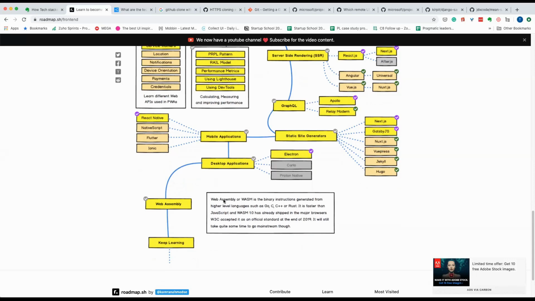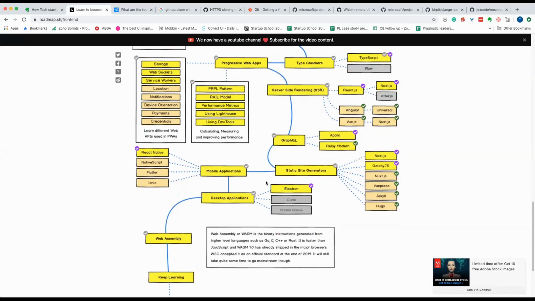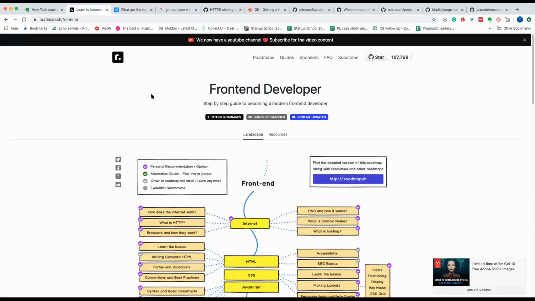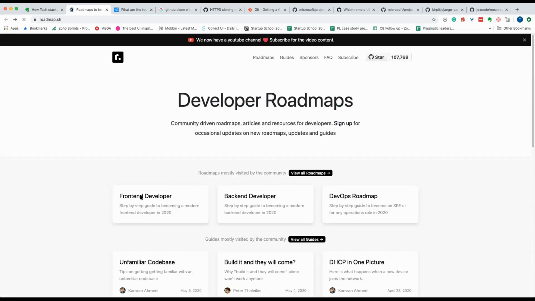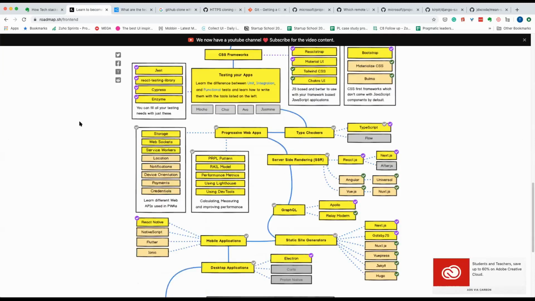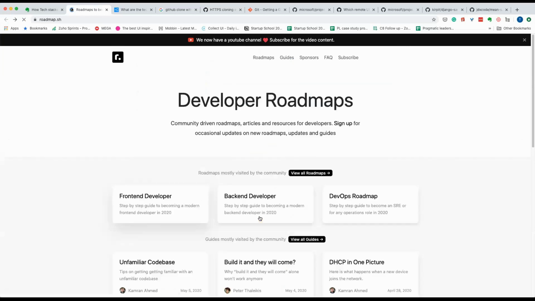And then there is WebAssembly for desktop applications. Electron is one of the most popular ones. There's Carlo and there's Proton.NET. So this is not meant to scare you, but just to give you a quick perspective of how things are. This is a very good site for those who are trying to understand these things. The roadmap as such literally started from a single Medium article written by one guy who wrote this front-end development roadmap. And gradually, because this was pretty nicely done,